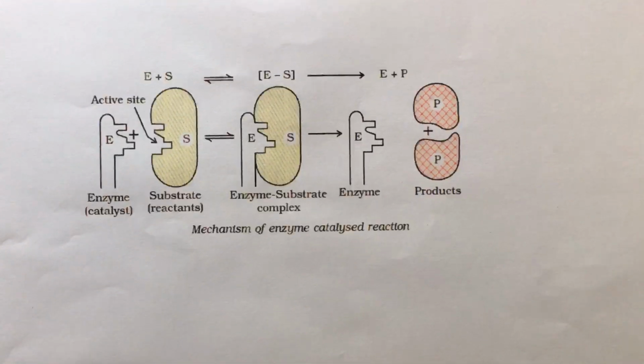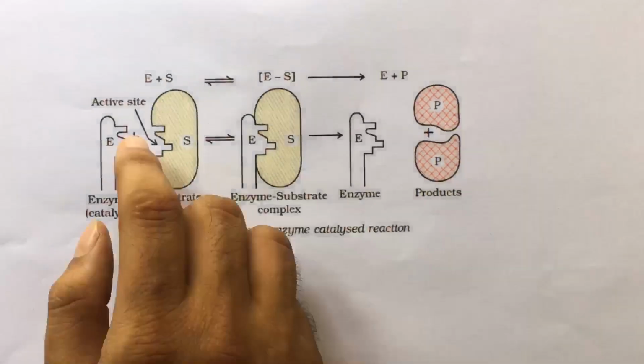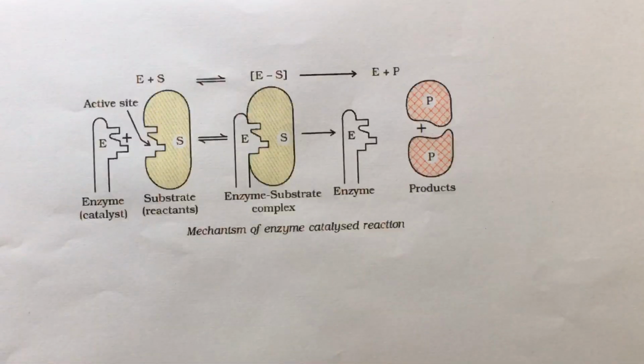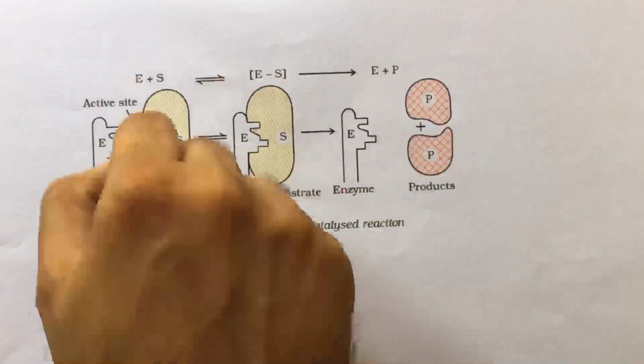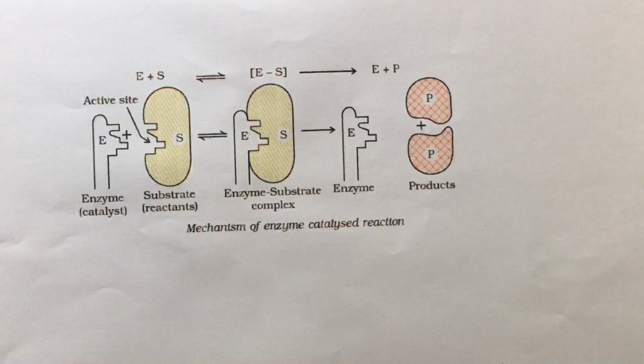Now you have to remember that there are a number of cavities present on the surface of colloidal particles of the enzyme. These cavities have characteristic shapes and possess active groups such as NH2, COOH, SH or OH. These are actually the active centers on the surface of the enzyme particles. The molecules of the reactants, that is substrate, which have complementary shape, fit into the cavities like a key fits into a lock. On account of the presence of active groups, an activated complex is formed which then decomposes to yield the products.